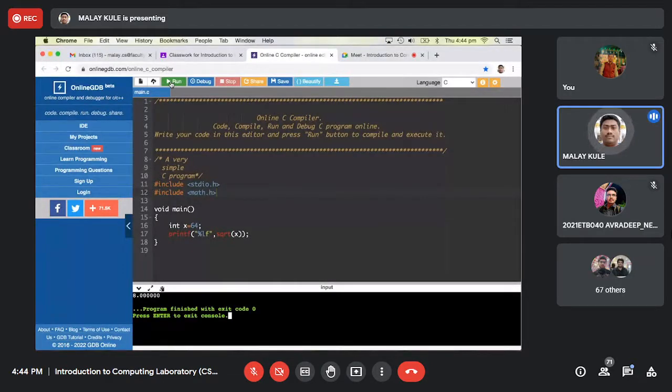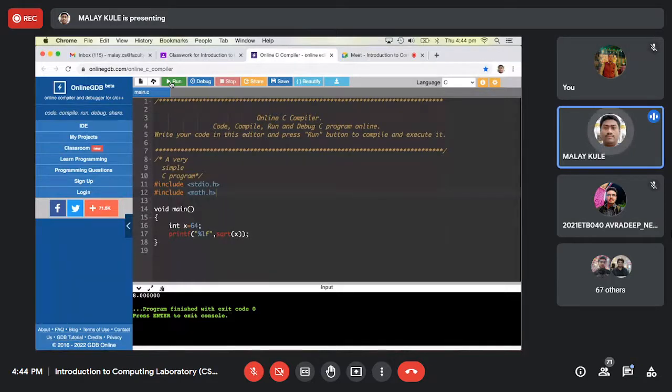Okay, 8. So the beauty of this compiler is that it is detecting math.h is required for this particular case. It is incorporating that. But in your case, when you use Ubuntu, when you use ANSYS, that will not happen. You are to include math.h. Surely you are to include math.h. And another thing you note down,